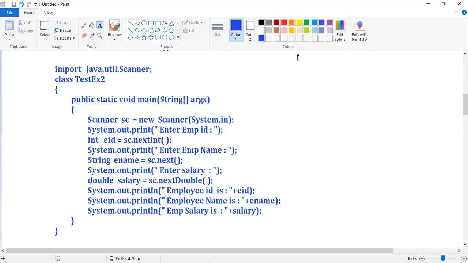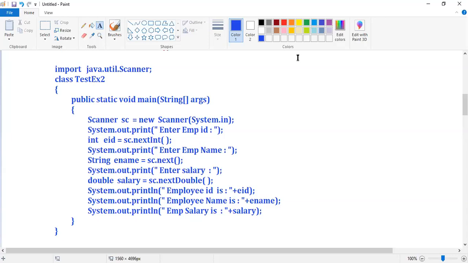From Java 1.5 version onwards, the Scanner class is provided to read values dynamically, so that it is very easy. Scanner class is one of the easiest classes, guys. It is very simple.